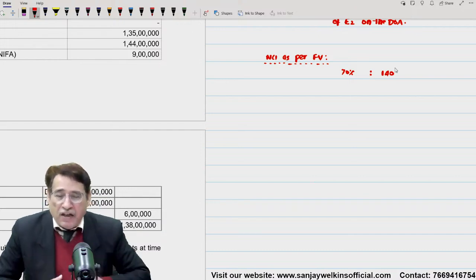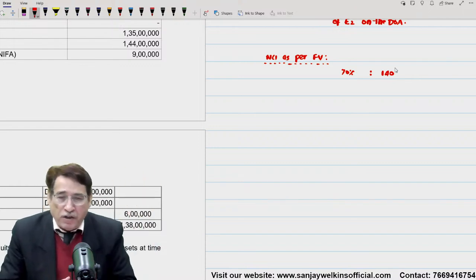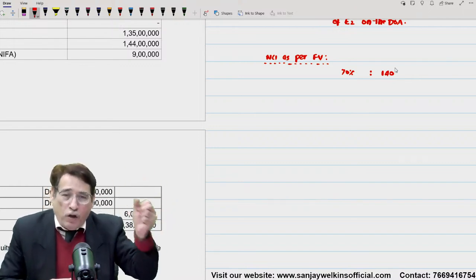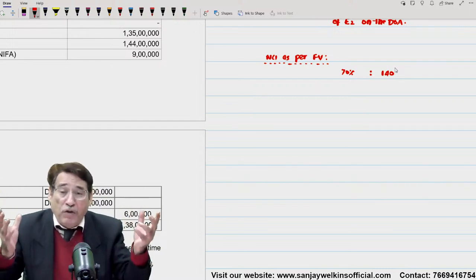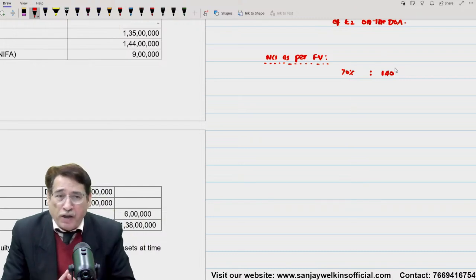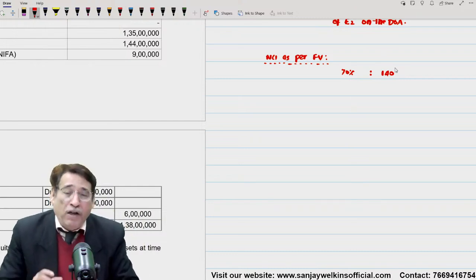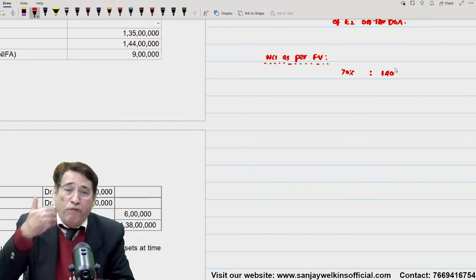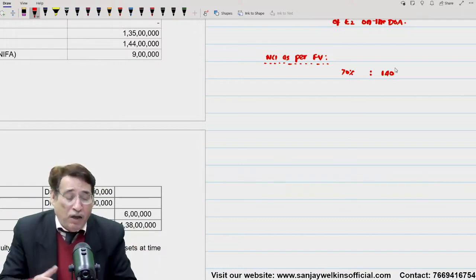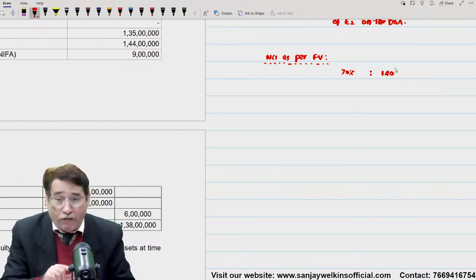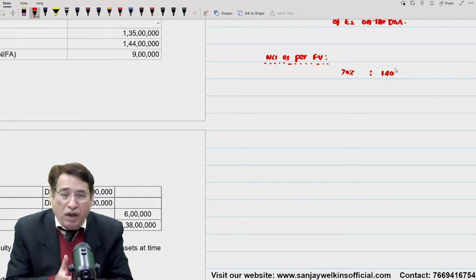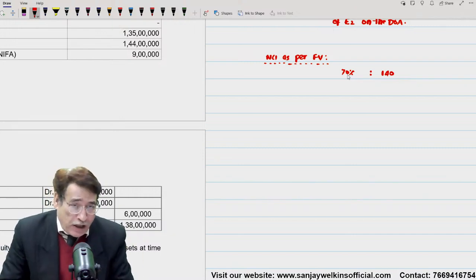When I say that as an investor, I am going to invest in some other entity, obviously the other entity will also insist upon the fact that we should consider the market value, fair values, and accordingly you will have to churn out the money. Is it clear to you? So that means 140 lakhs worth of consideration which we have paid to acquire the control is based upon the fair value. So for 70%, if the fair value is 140, now you can construe this as follows. For 70%, you are paying 140 lakhs.